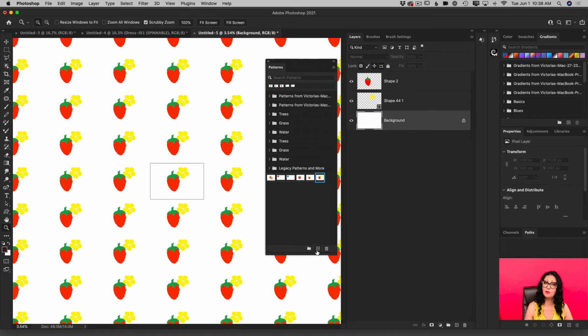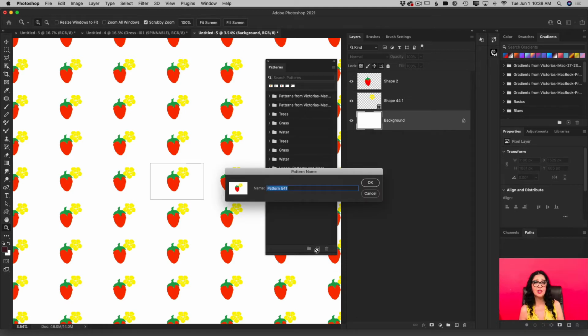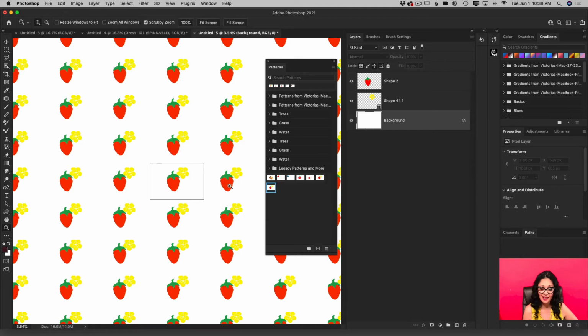At the bottom of your pattern panel, we have the create new pattern icon, this plus sign icon. Click on it and Photoshop will ask you to rename your new pattern. I will rename it to Summer 2021, just like that, and I will click OK. And just like this, look at this, Photoshop already added our new pattern to our